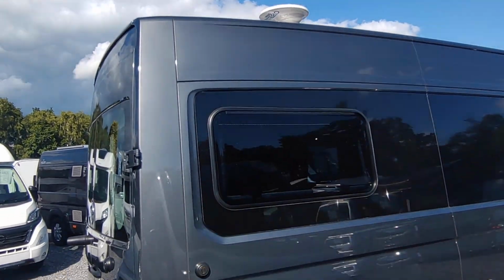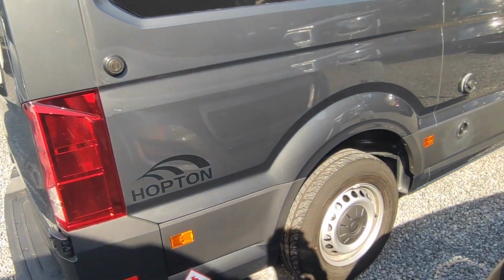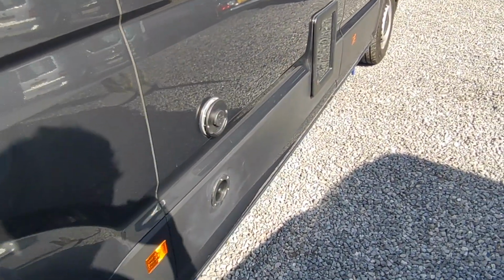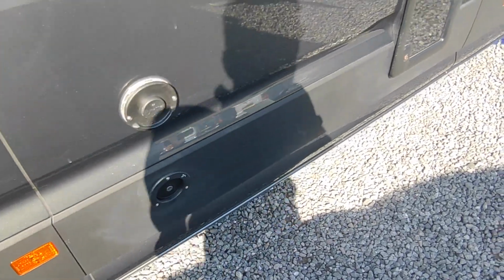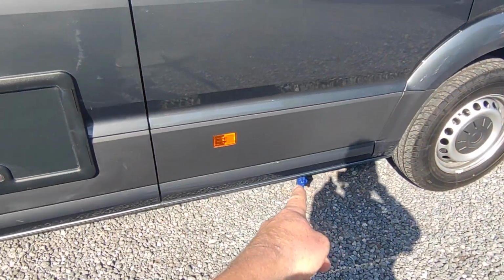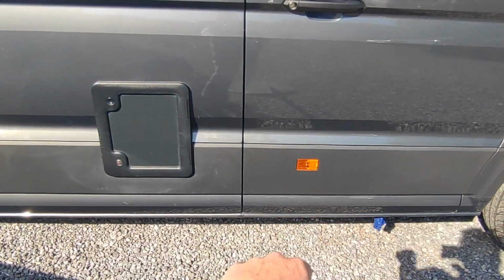You've got a roof mounted digital TV aerial on the roof, all as standard. That's the flue for your Truma digitally controlled gas and electric heating and hot water. Freshwater fill-up point here, Thetford cassette toilet dump point here, and your freshwater drain for your decent size freshwater tank